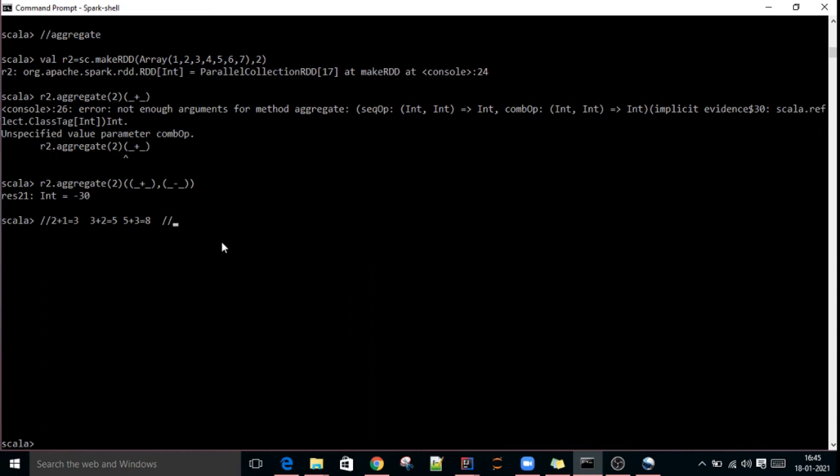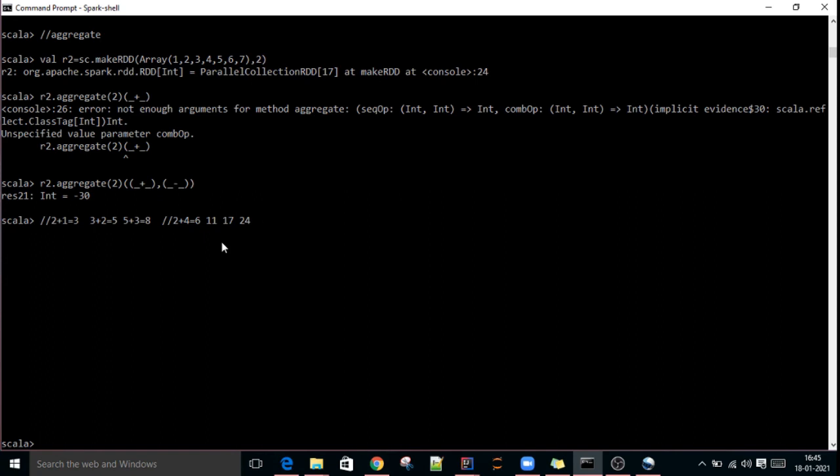Next partition is the same: 2 plus 4 equal to 6. 6 plus 5 equal to 11, and 11 plus 6 equal to 17, and then 24. The output will be 8 and 24. Again 2 is there, and minus we are doing. On this output again we are doing minus.